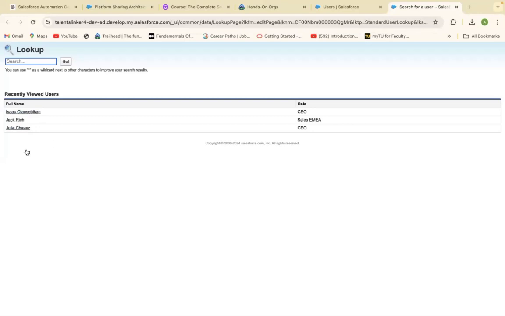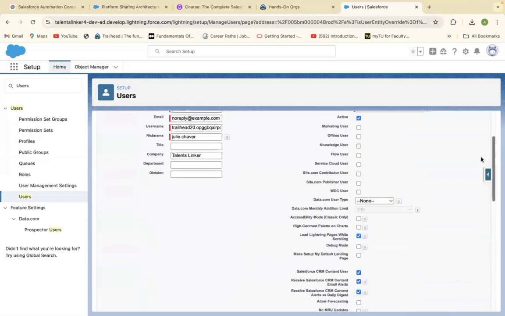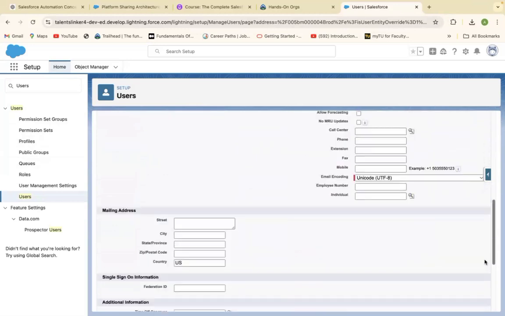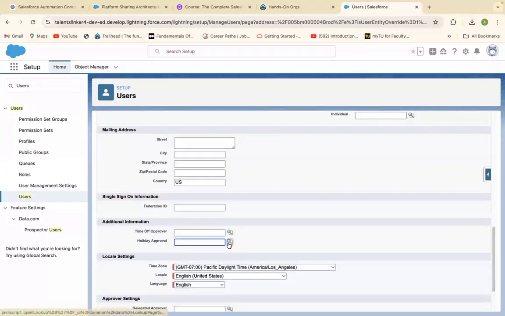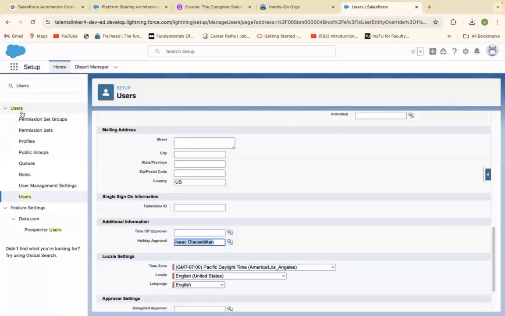Let's say I want to relate it to Jack Rich. Jack Rich cannot be an approver because the hierarchy of Julie Service is lower compared to Jack Rich. So I myself, who happen to be admin, have a higher hierarchy than Julie Service, and I can pick myself for this